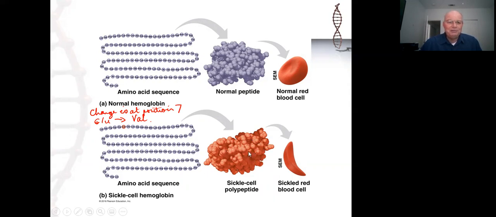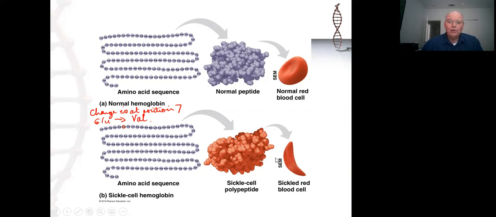It daisy chains together in long rods of protein, which triggers the red blood cell to change from its normal smooth disc shape to this irregular sickled shape that's characteristic of the disease. And all the issues that result from sickle cell disease can be traced back to this single amino acid change